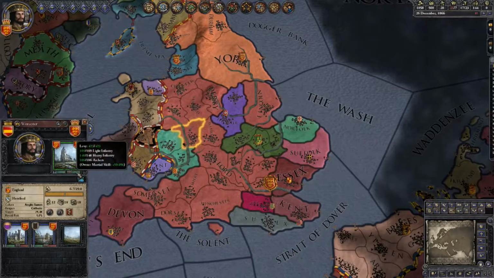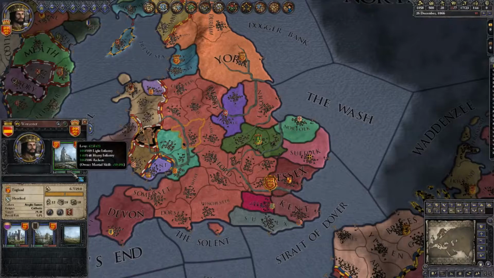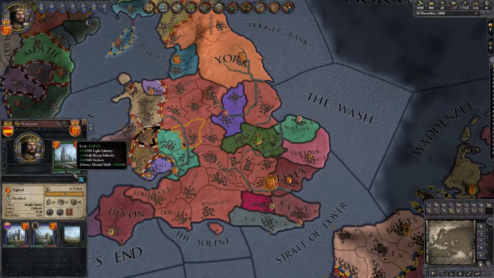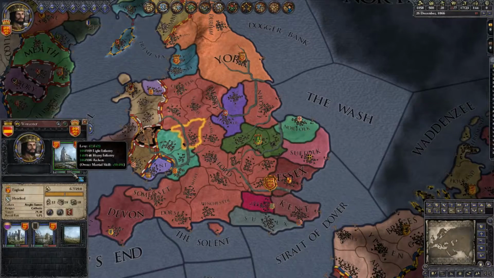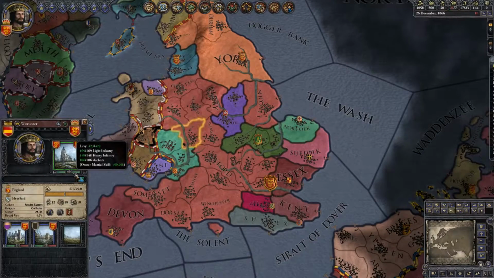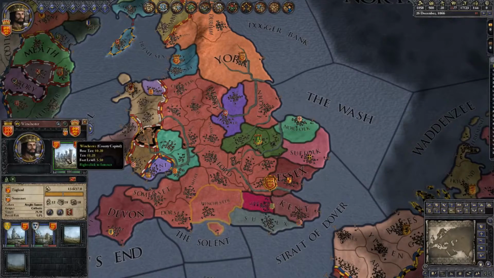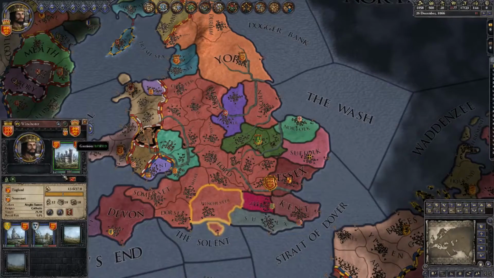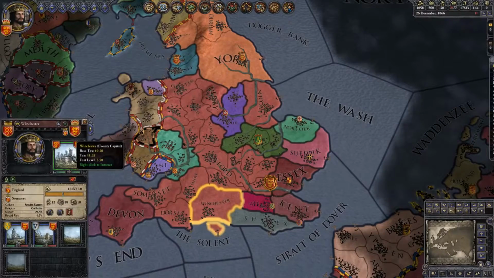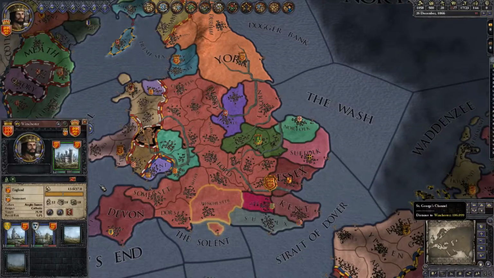You only get 423 levy and fewer garrison. Now, if you're very favorable with the church, you're either a heresy or have a really high reputation with bishops, you might actually be able to exceed the levies that are provided to you at a castle. So just be aware of that. The big difference though is the garrison, and the ability to withstand sieges. This is going to be much better than a church. And then also